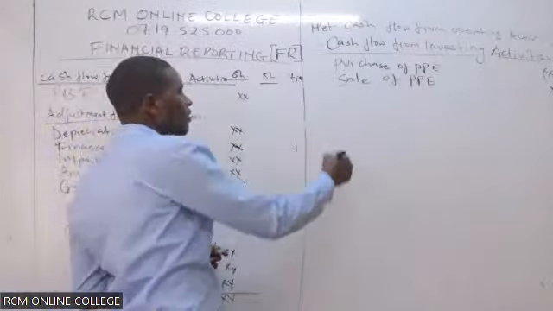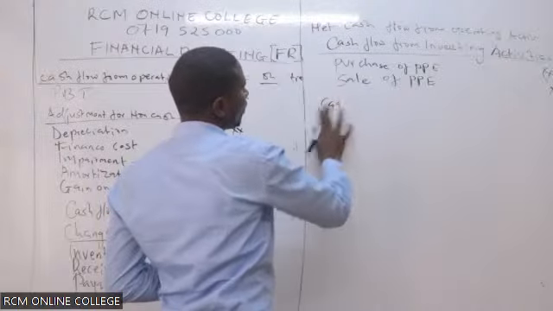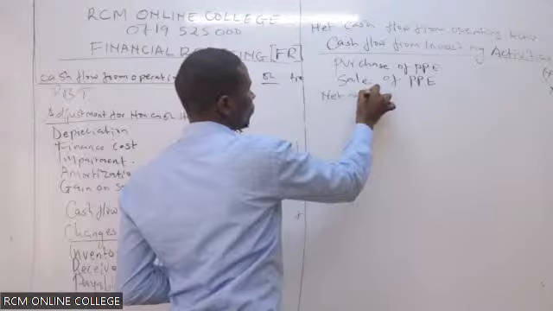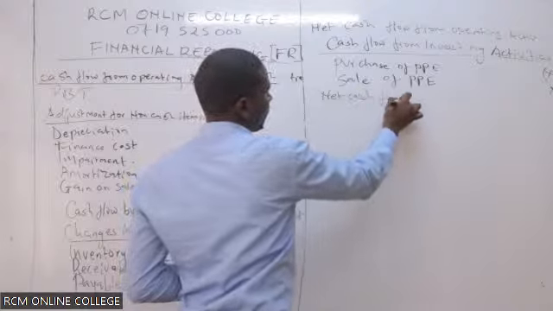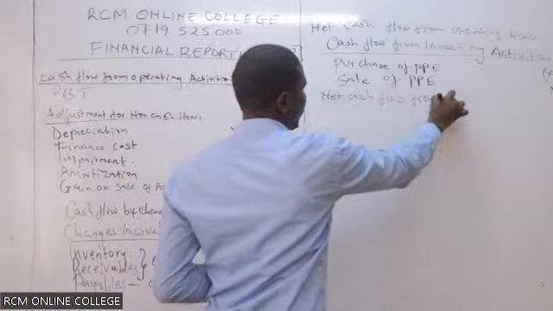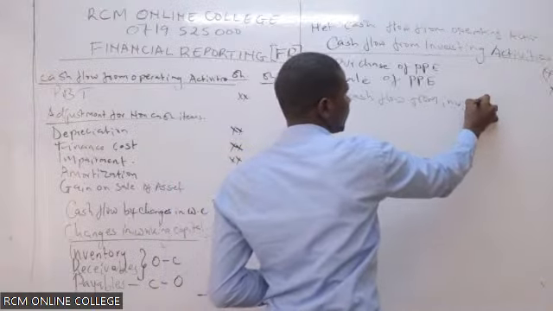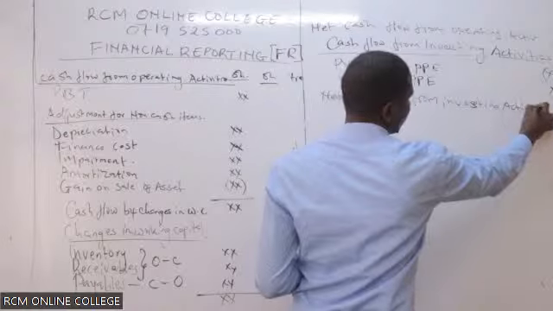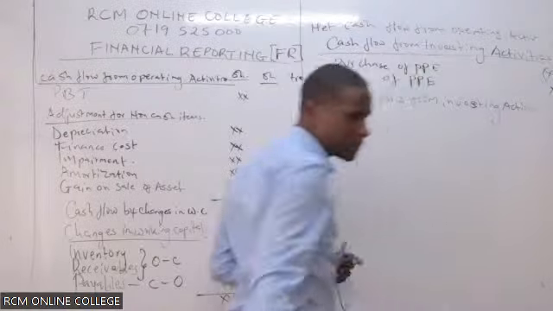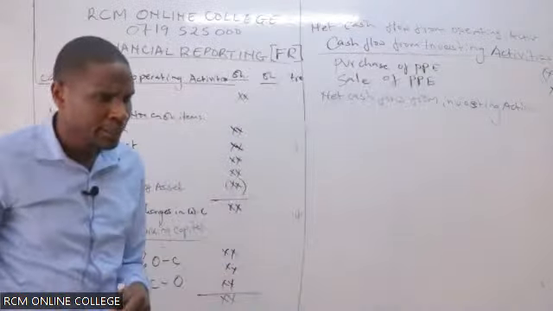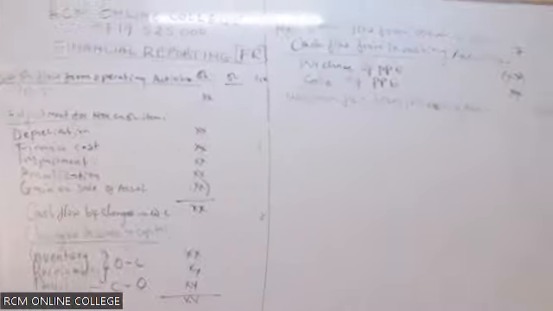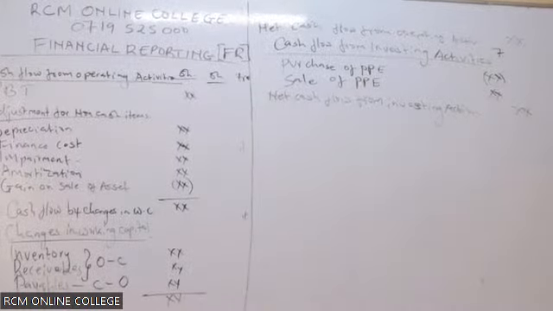Then unaenda kwa financing, cash flow from here you can get net cash flow from investing activities. Unaweka kule kwa column ya pili. Yes, unaweka pale kwa column ya pili.